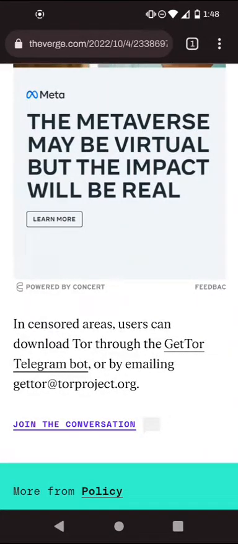Basically, the Great Firewall of China blocks nearly a ton of websites in China, including the Tor Project website, but people get around that by using the Get Tor Telegram bot or by emailing gettor@project.org, which China cannot block. It's hard for China to block the gettor@project.org email. It's also very